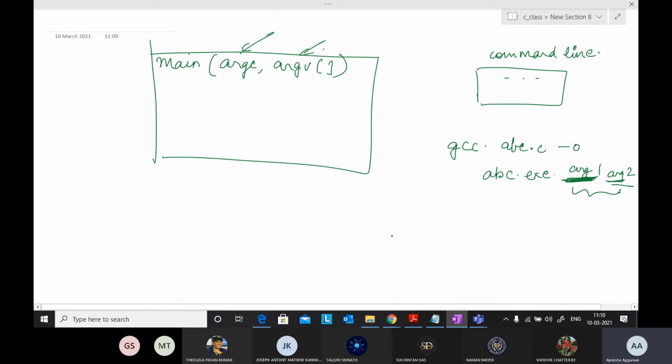Data can be a string, an integer, a float, anything. Because main is also a function, and in every function you pass some arguments and return some value. So main returns 0, returns nothing, right? Null basically.